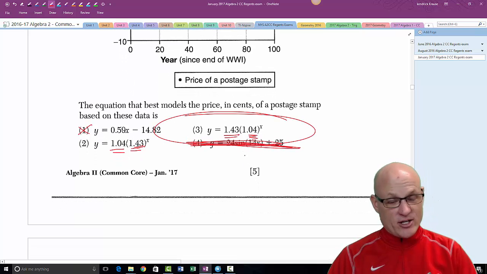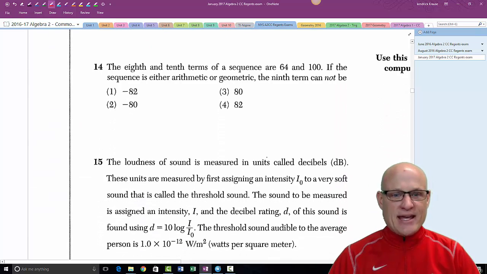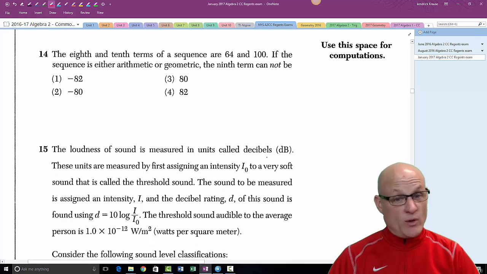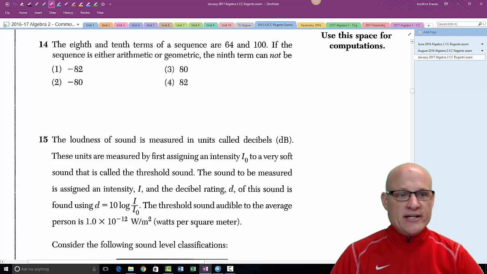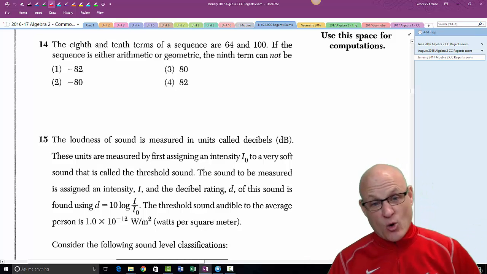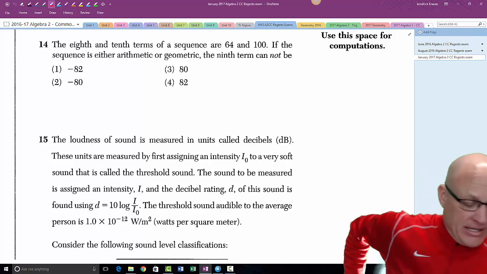And you had to look at your graph, and you had to know it was exponential. All right, moving on. Question 14. The 8th and 10th term of a sequence, which doesn't tell you geometric or arithmetic, are 64 and 100. If the sequence is either arithmetic or geometric, the 9th term cannot be...